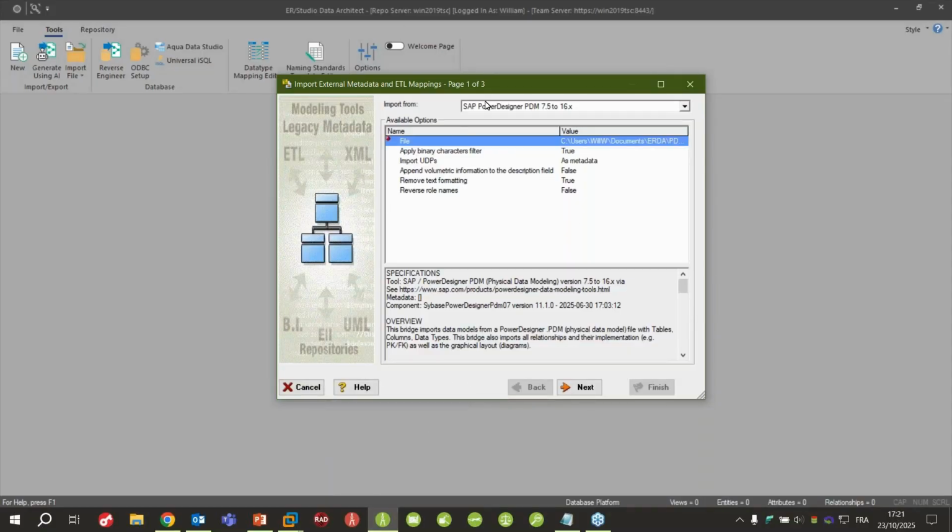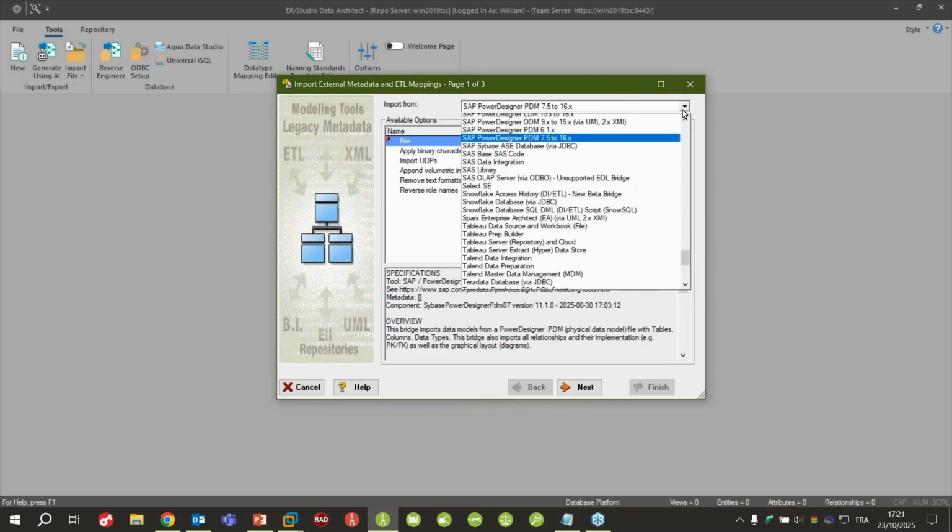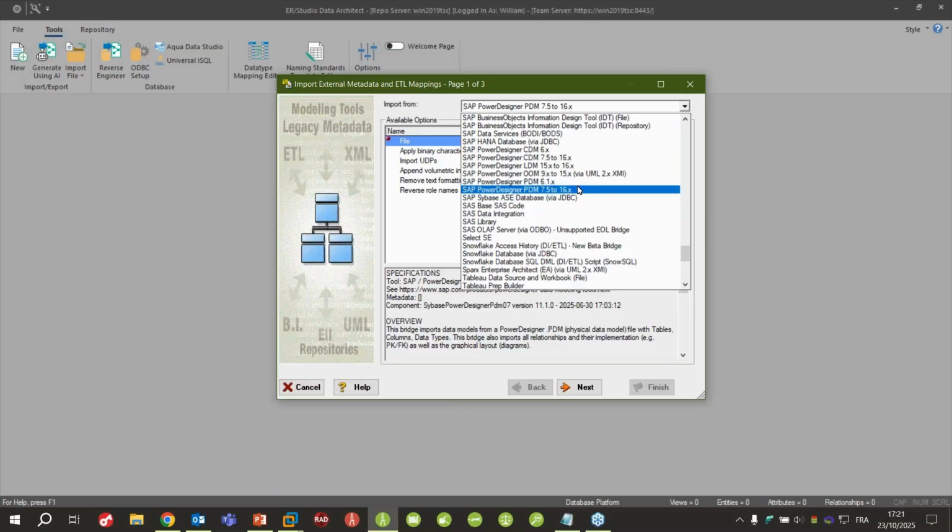So from my Data Architect, my wizard has been launched. It has automatically loaded the latest bridge I have used. I can import from a physical data model, but also from a conceptual data model. Depending on the version you are using, if you have a very old version, you can select the 6.x version. Usually you will use a more recent one.